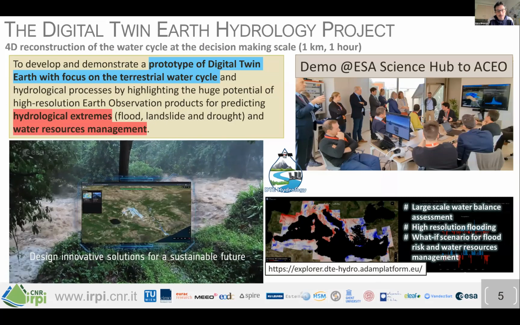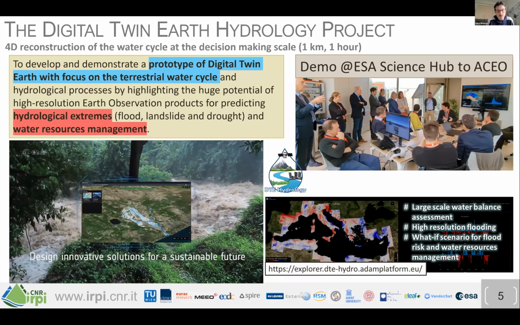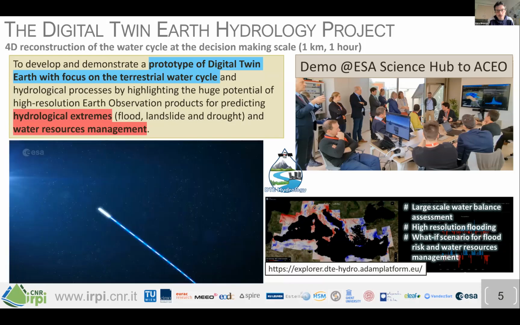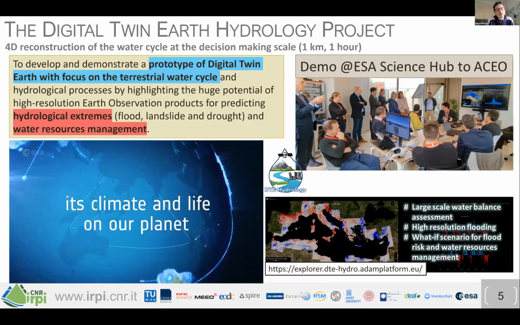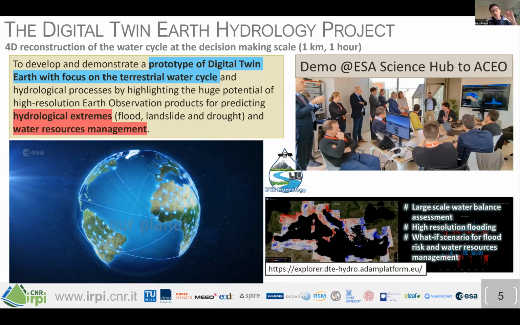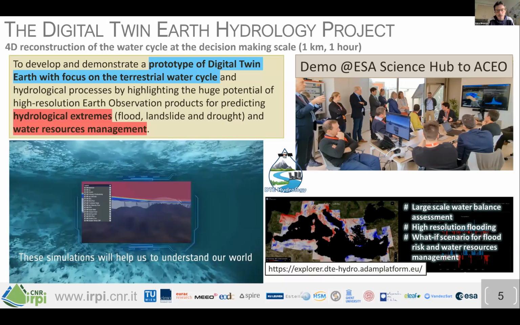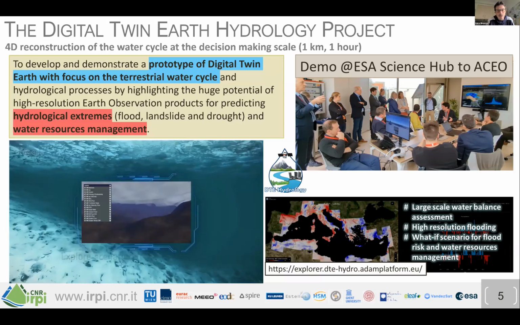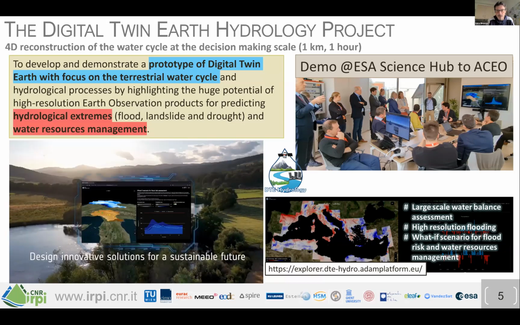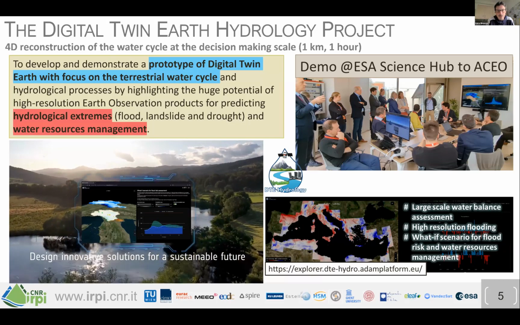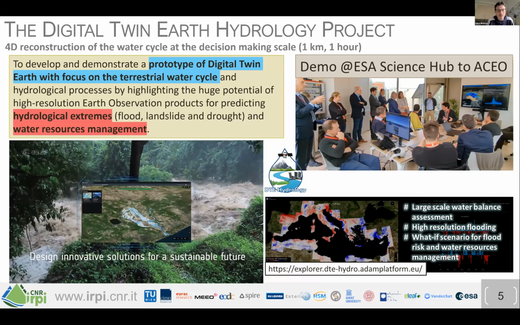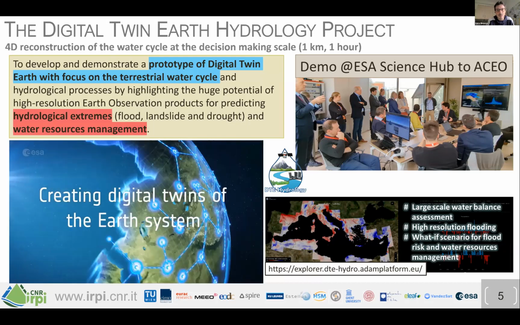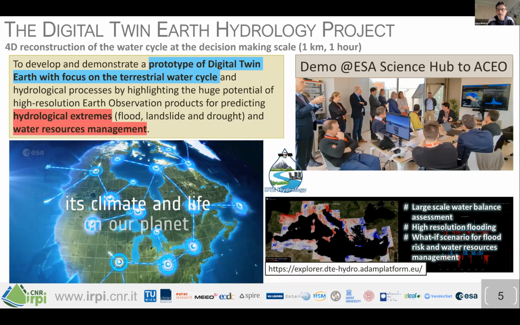The most important thing is that we can benefit from high-resolution Earth observation data that are currently available. The activity started in northern Italy in the Po River Basin, but now we have extended it to the whole Mediterranean Basin. The topics that we addressed are all the hydrological topics related to flood, drought, landslides, and also water resource management.